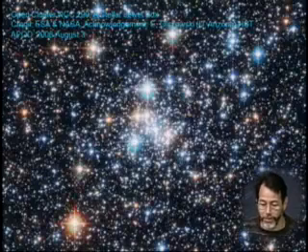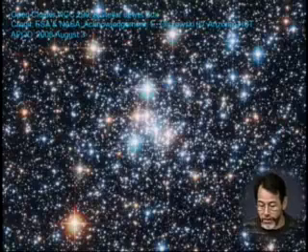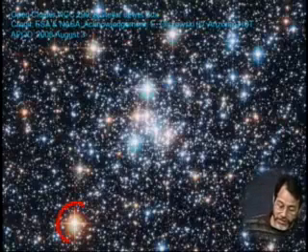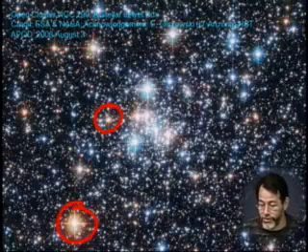So it's a good jumping off point. Here is a much more dense open cluster called the Jewel Box. Now, it's called the Jewel Box because there are bright stars here that are not necessarily blue. There are some greenish stars. There are some reddish stars. So to look at this through a telescope,